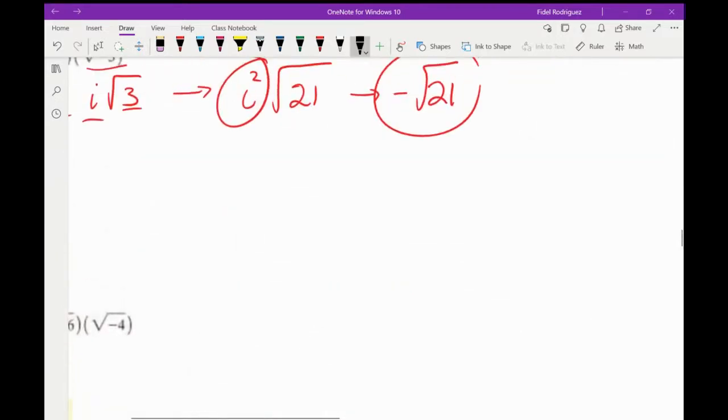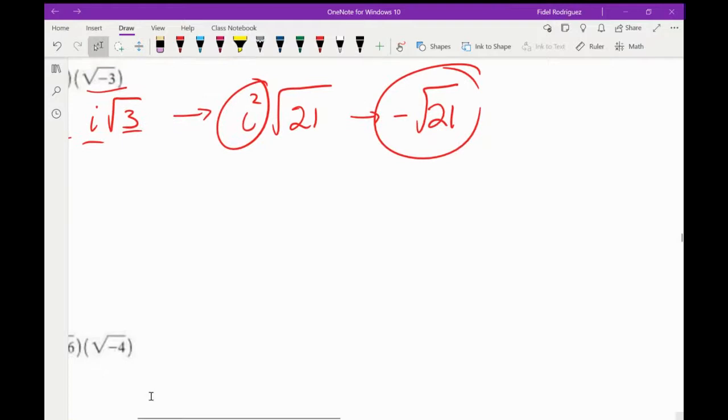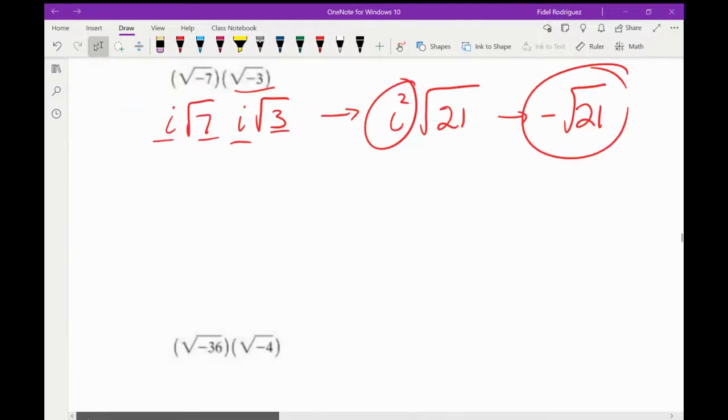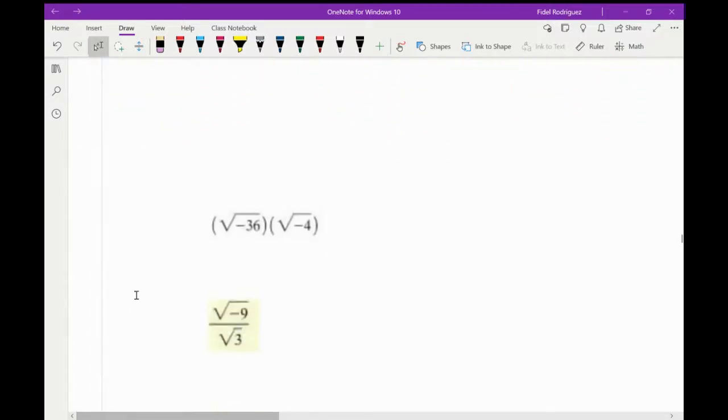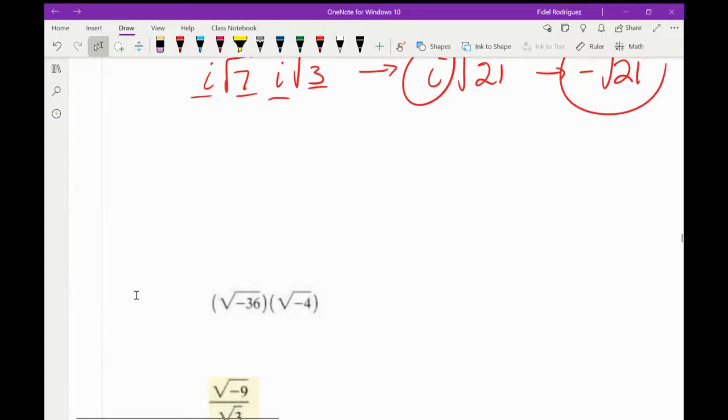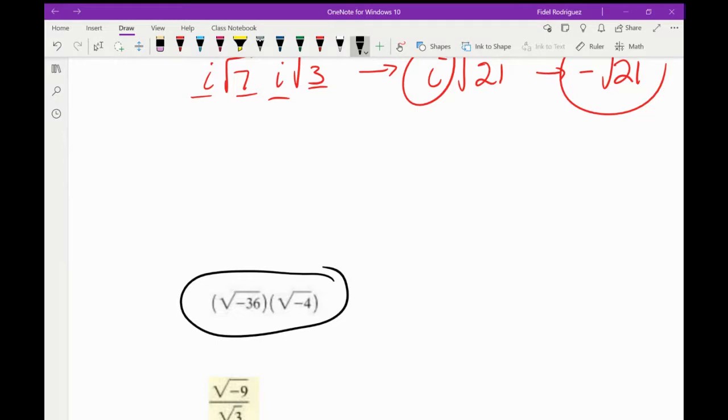Oops. Let's see here. Let me move this back. Okay, all right. So let's try this next one here. Sorry about the spacing, guys. Sometimes it just kind of gets thrown off. I had all these problems in Word, and then when I transferred them to Google Docs, the spacing got thrown off a little bit.